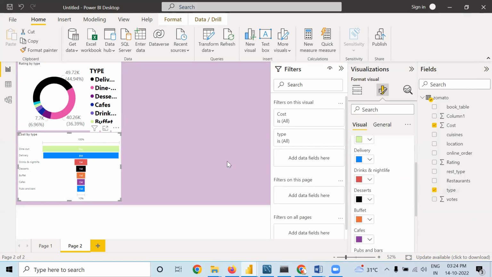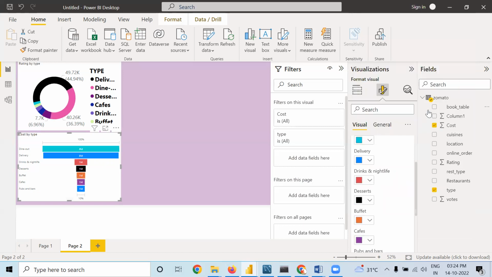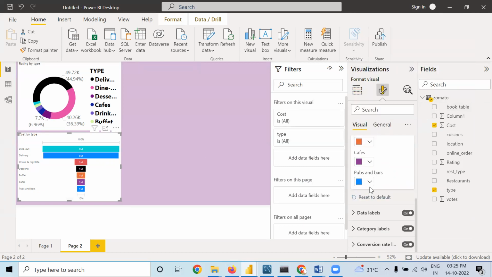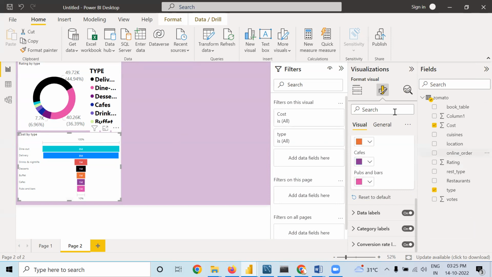Like this you can make some changes, since it is looking very dull. So I'm taking this color. Now it is looking good. Pink color is there. So this is your funnel chart. A very different feature of funnel chart is that